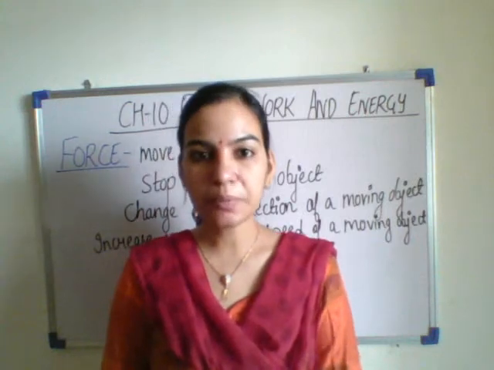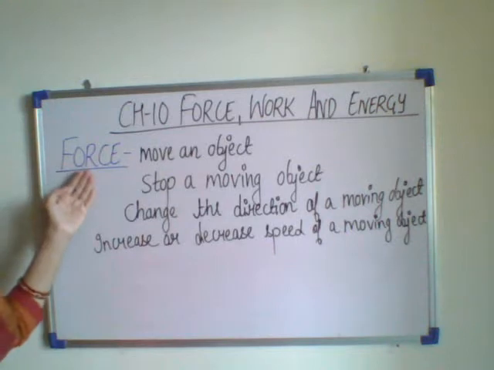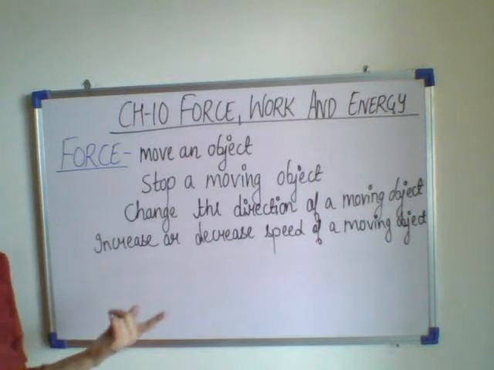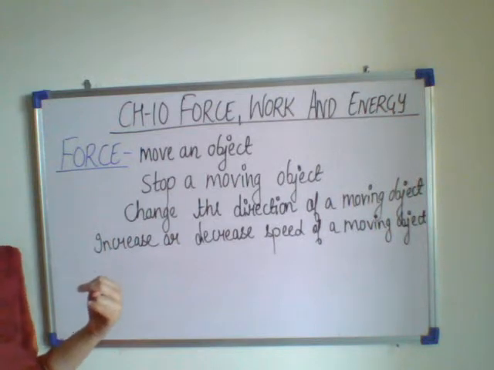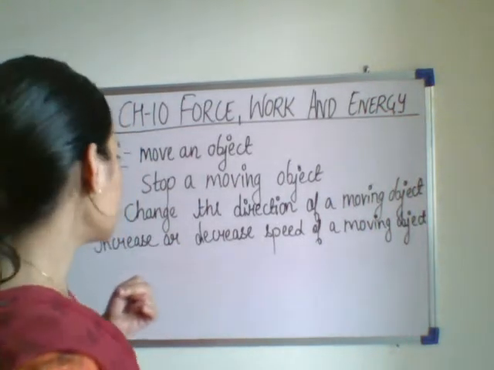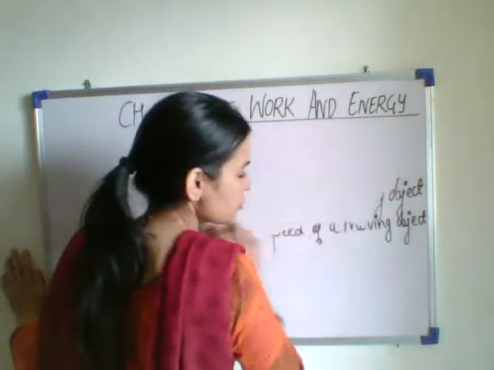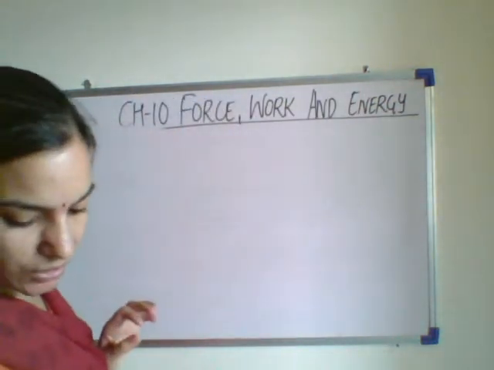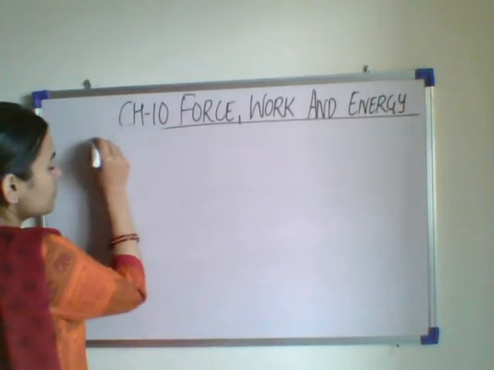Now students, come to page number 85 of your book. There the uses of force are given, which we have discussed. Next we will be studying the types of force. In nature, two types of force are acting all the time. These are gravity and friction. How many types of force are there? Two types. One is gravity and the other is friction. These forces are there in nature at all times.